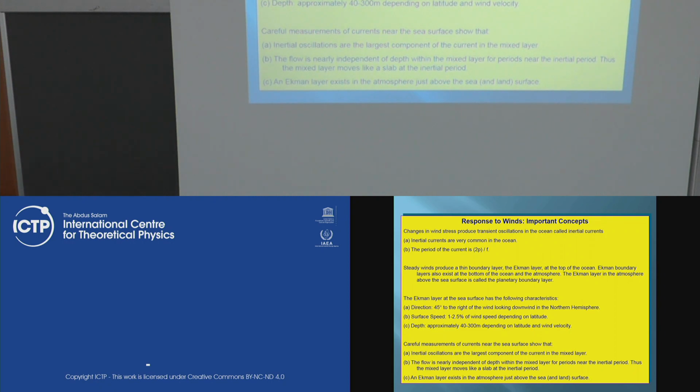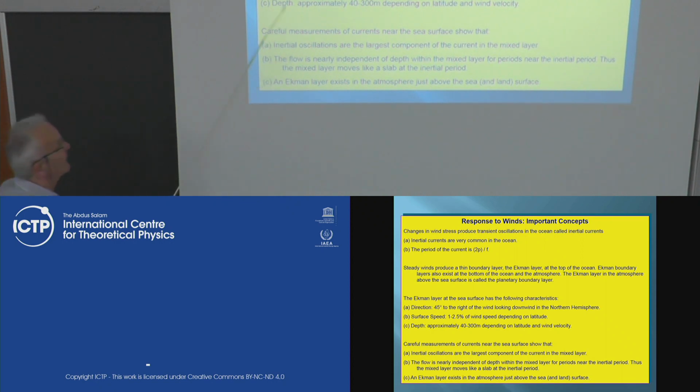Direct influence of the friction due to the different velocities of the air and sea. So if we have the vertical shear between the air and the sea,